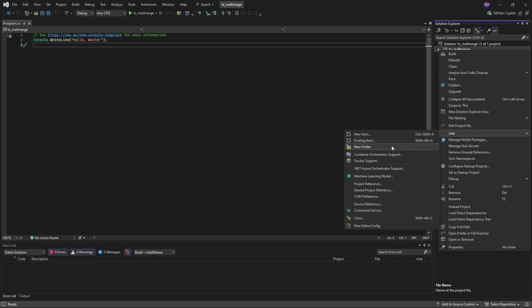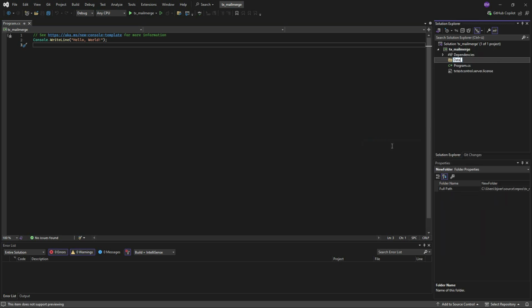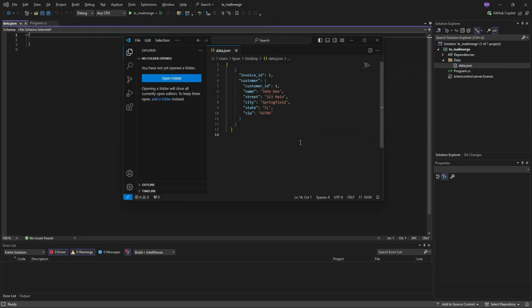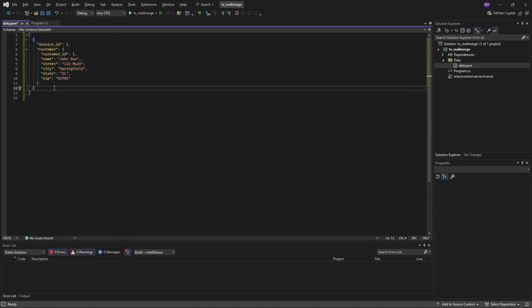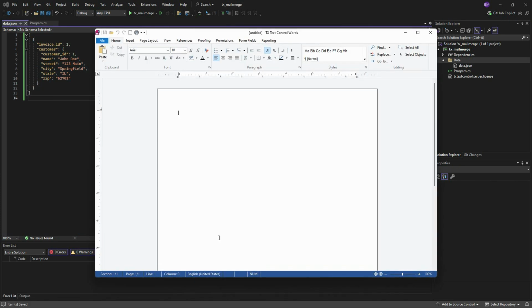In the next step, create a new folder called Data and create a new JSON file in it. Name this file data.json. For this example, we have prepared a simple JSON file with address data, which I simply copy and paste into the newly created file. To create the template, we will use the included TXWords demo application, which is basically a